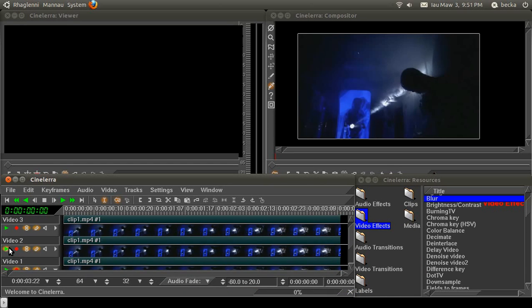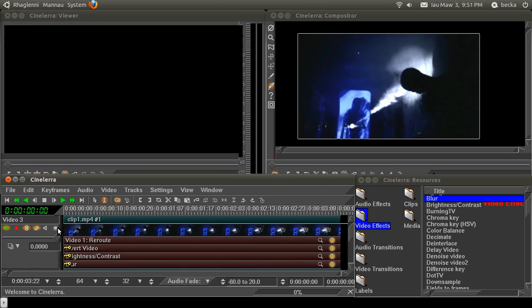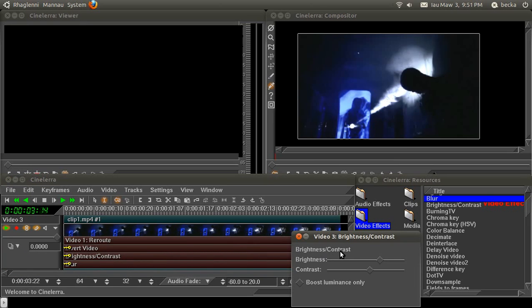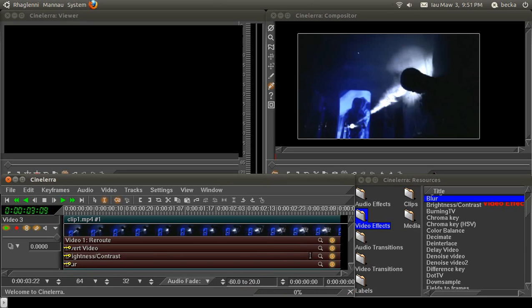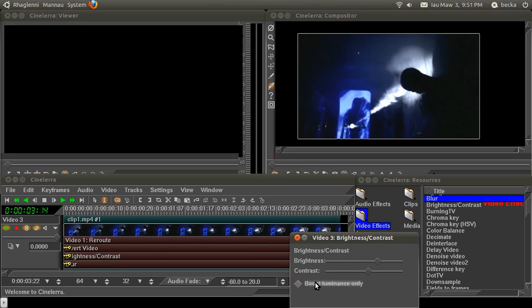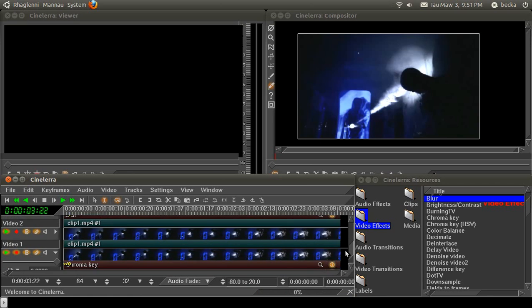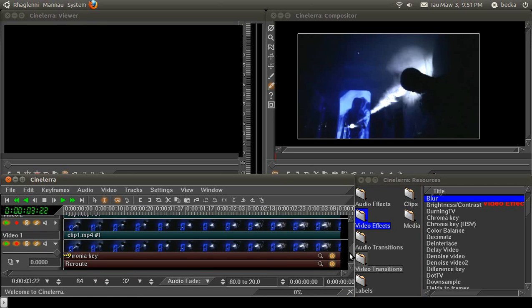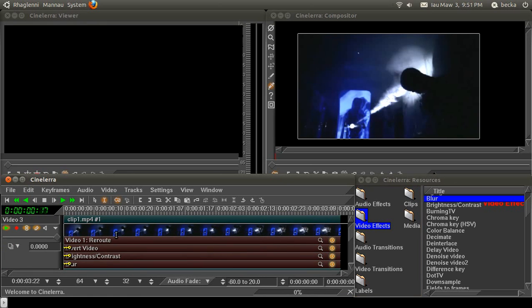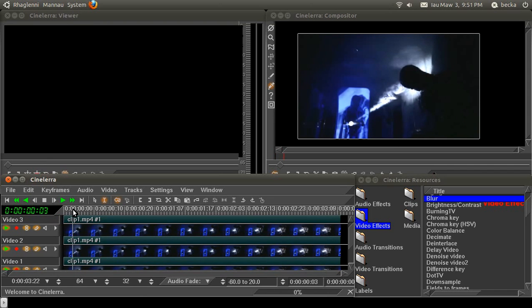And as you can see, the difference is immediate, and actually that here is quite harsh, so again, it might be worth... I mean, these are all things that you can fiddle with. What I would probably try doing is playing with the mask on the bottom track. I might try increasing or decreasing the brightness and contrast, but effectively, if you play this now,